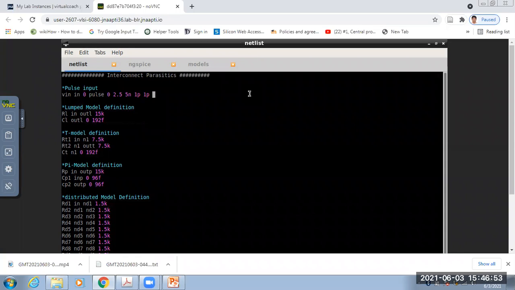Then the period: we can give 10 nano. So 2 nano I can give.